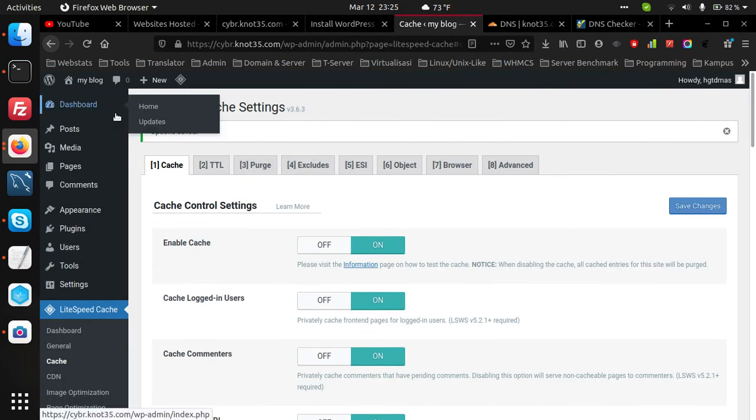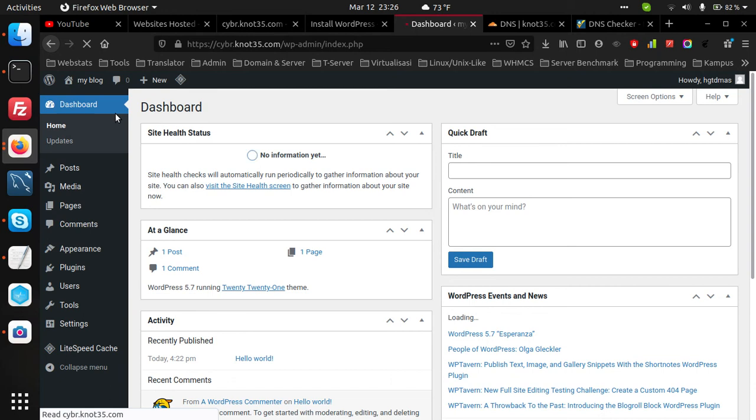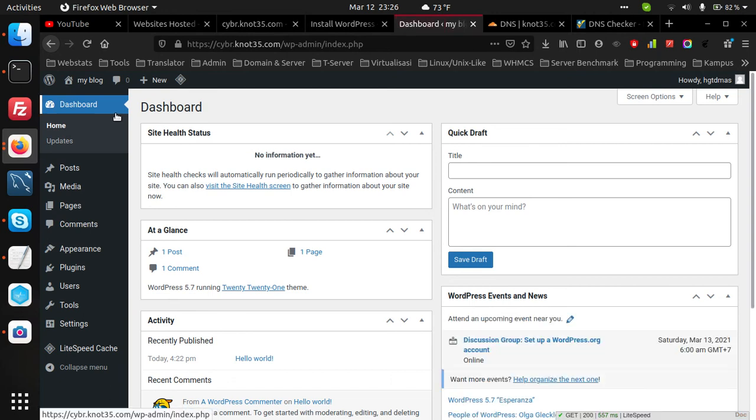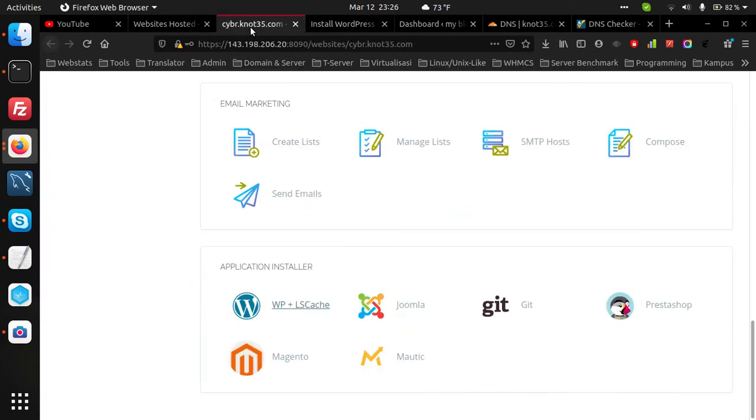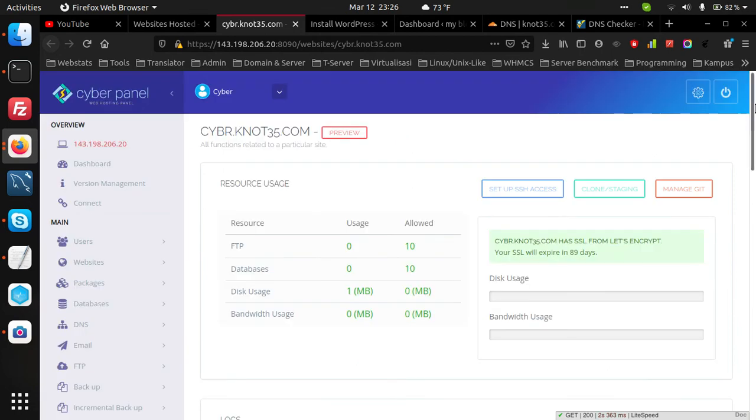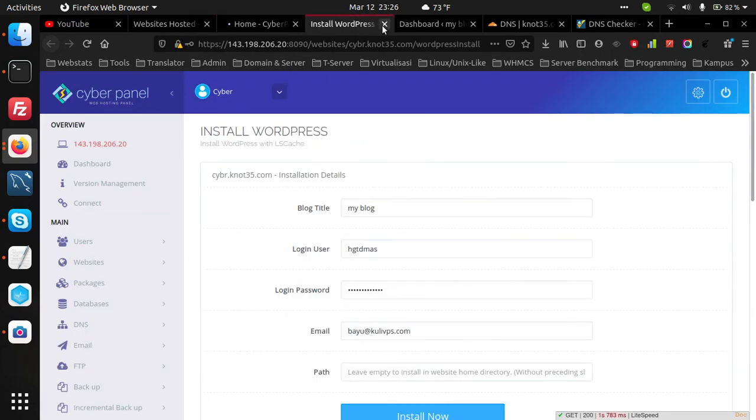Okay, go back to home. So for a production environment or production server, you can put your website under CyberPanel. So okay, let's log out from CyberPanel.